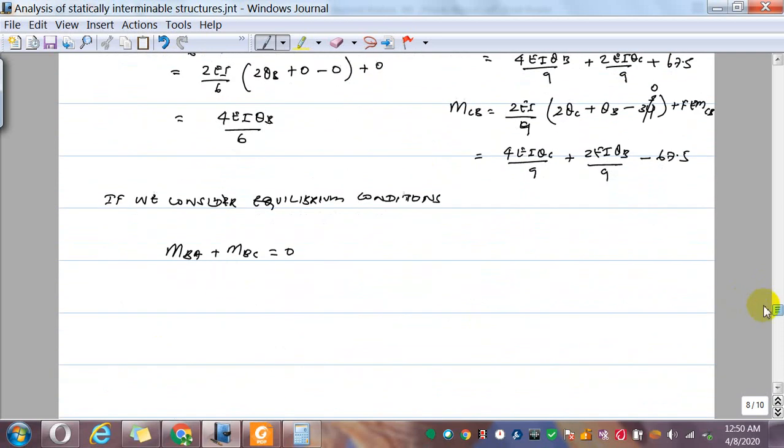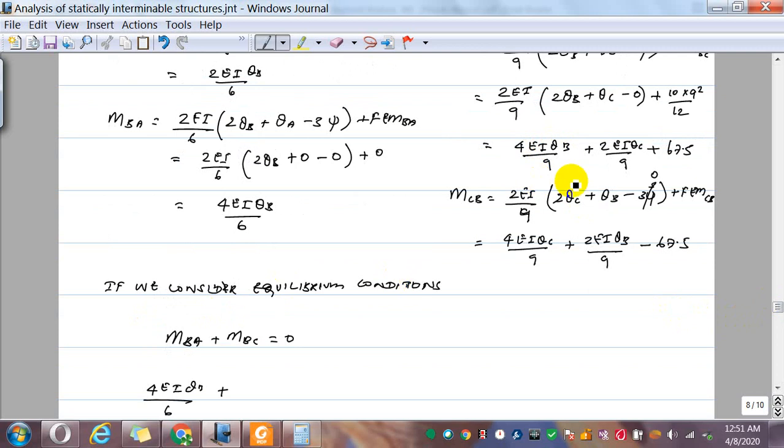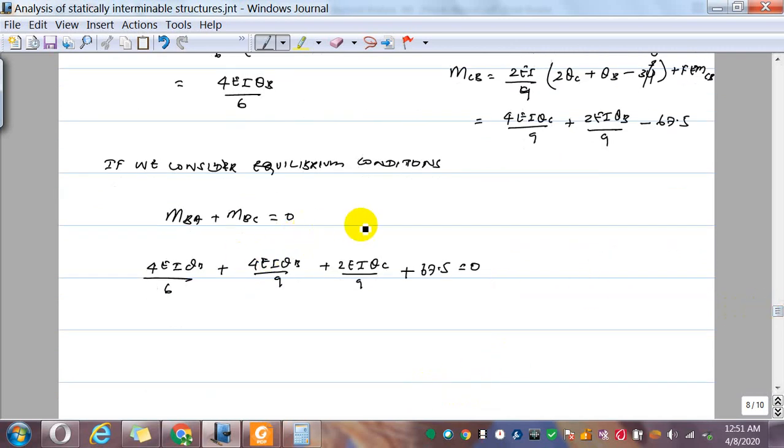So MBA is 4EI theta B over 6, and MBC is 4EI theta B over 9 plus 2EI theta C over 9 plus 67.5 is equal to 0. So now this is the first equation. The second equilibrium condition is